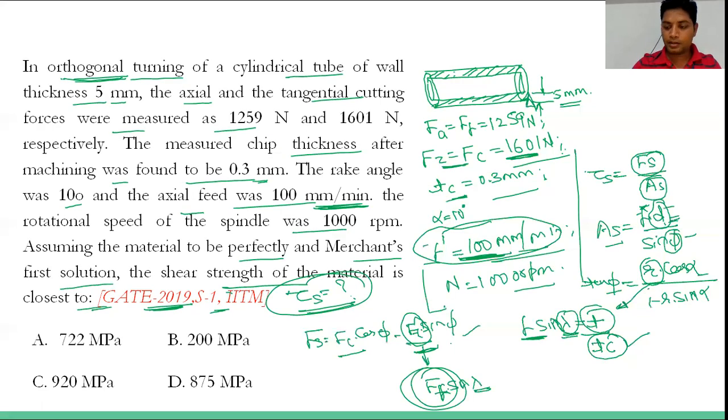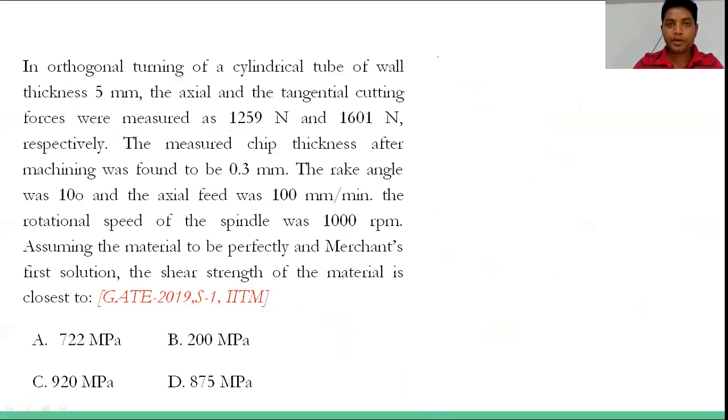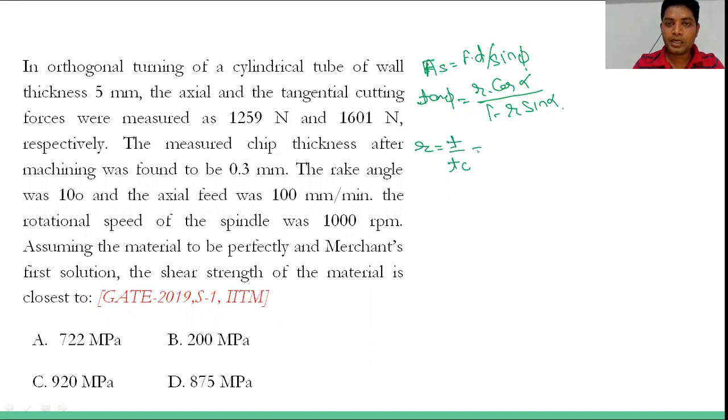Okay, इसी में कर लेते हैं हम लोग। Now first is f, okay, As कैलकुलेट करते हैं, that is f into d upon sin phi। ठीक है, पहले देखिए tan phi फाइंड आउट कर लेते हैं। tan phi के लिए हमें चाहिए r cos of alpha upon 1 minus r sin alpha। ठीक है, r कैलकुलेट करने के लिए हमारे पास है that is t by tc वाला फॉर्मूला। t गिवन नहीं है, बट हम t को f into sin lambda से रिप्रेजेंट कर रहे हैं, that will be tc। बट अगेन f हमें गिवन नहीं है, हमें f dash गिवन है।